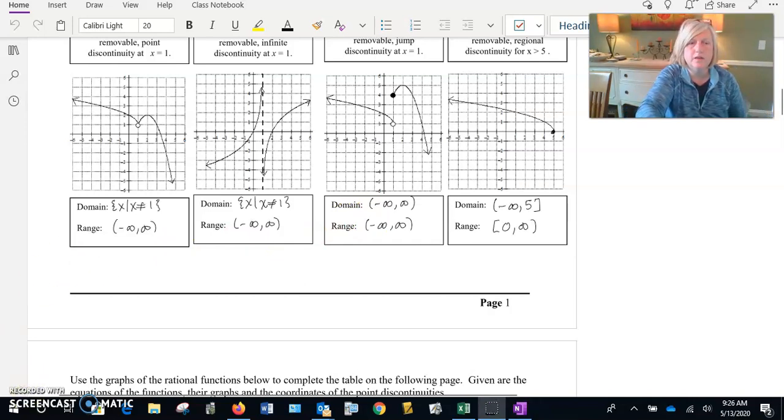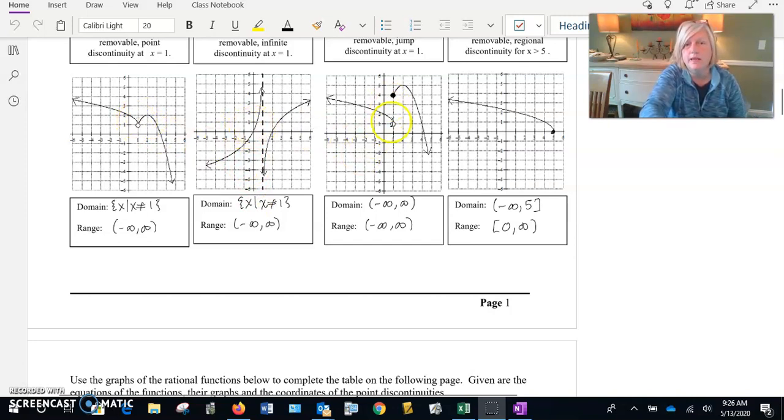All right, so taking a look at these, we do want to have this idea. Notice that here in these first two, when you're missing a single value from the domain, we know that we have a discontinuity because we have a restriction. There is an x value not included. However, we won't know what type of discontinuity it is, whether you have a missing point,